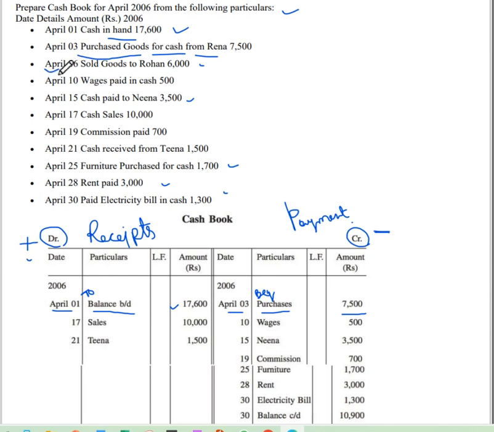When we sell the goods, what are we going to receive in return? Cash. The amount is coming to us. So when we are selling the goods, cash is coming to us. It is a receipt of cash that we need to record in the debit side. On April 6th, it should be April 6th here, okay? On sold goods to Rohan, that should have been